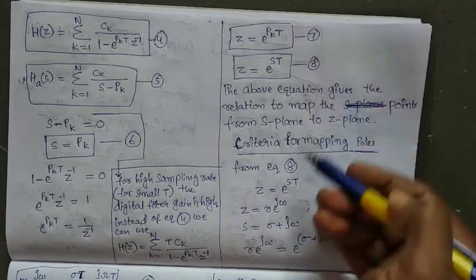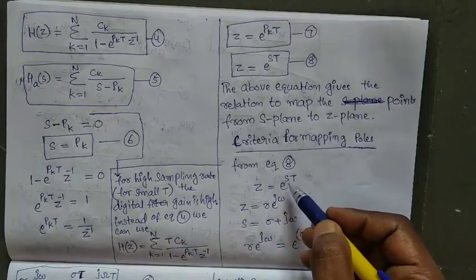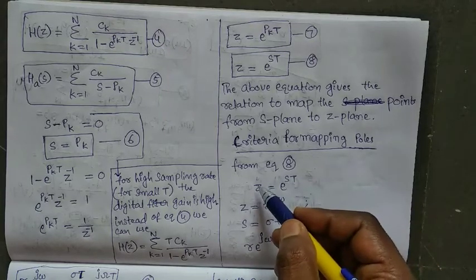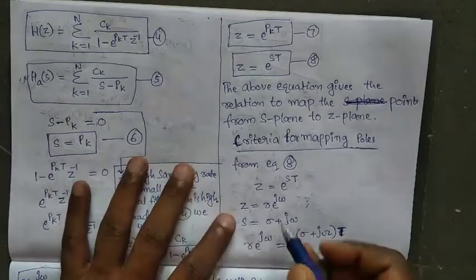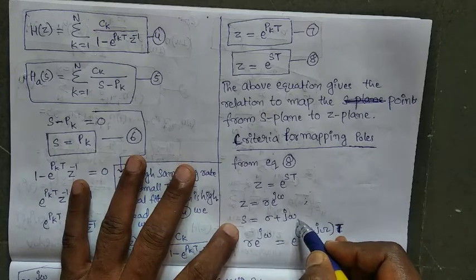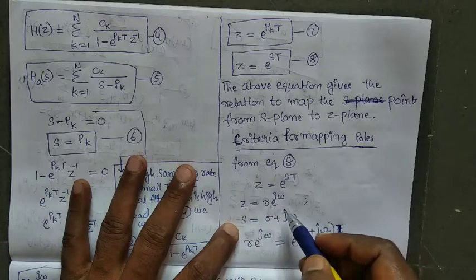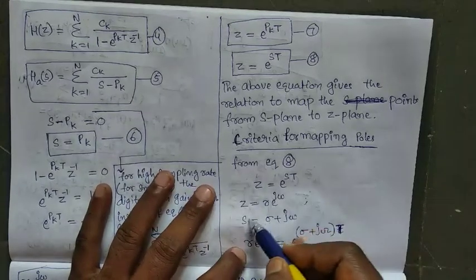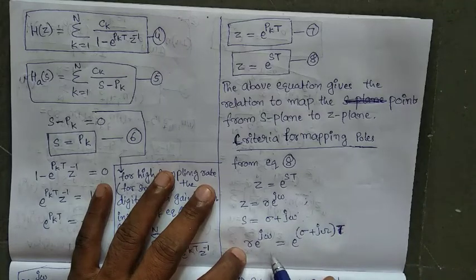From equation 8, z is equal to e power sT, where s is equal to sigma plus j omega. We are expressing z in polar form: z is equal to r into e power j omega. Here z is equal to r e power j omega, and s is equal to sigma plus j omega. From equation 8 we substitute these two in the above equation. Here r into e power j omega is equal to